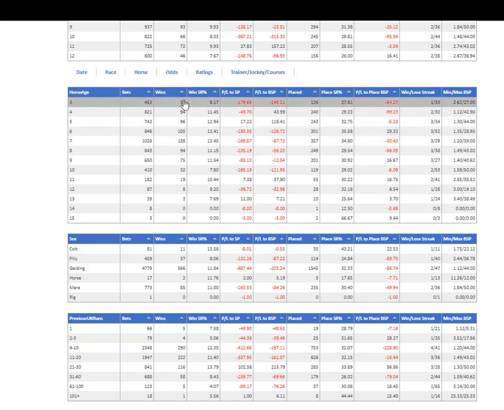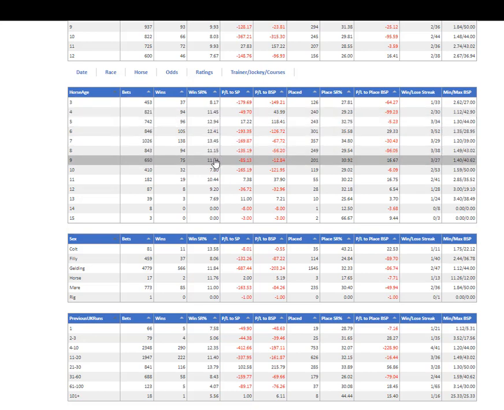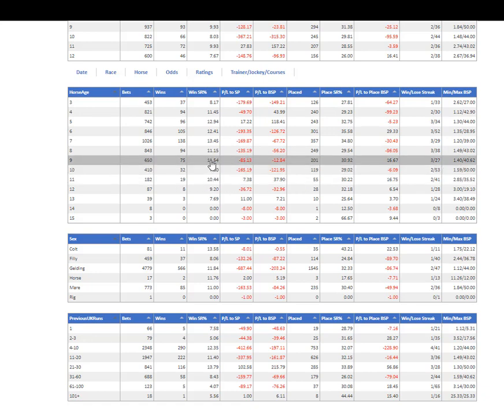3-year-olds, there's a sensible reason that they may not be experienced enough or whatever it is for the system to show good results. So there's a definite drop in percentage here for 3-year-olds and a massive loss. So we're certainly going to get rid of 3-year-olds. But what I'm going to do is stick to 4-year-olds to 9-year-olds. The 11-year-olds show a profit and a better strike rate, but I'm going to stick to 4-year-olds to 9-year-olds